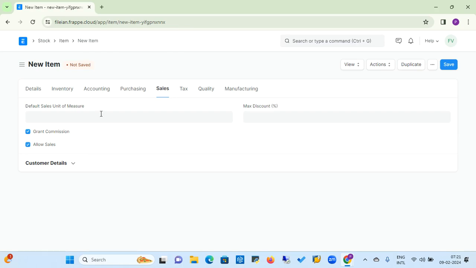Again, in the sales tab there are also some settings, like the default unit of measure for sales. If you want to allow some discount for the salesperson, then you set the maximum discount percentage. If you enter the maximum discount percentage, then the salesperson will not be able to give more than the set discount for the quotation or sales invoice. Suppose I enter a 10% max discount and your sales guy wants a 15% discount, then he has to take approval from the